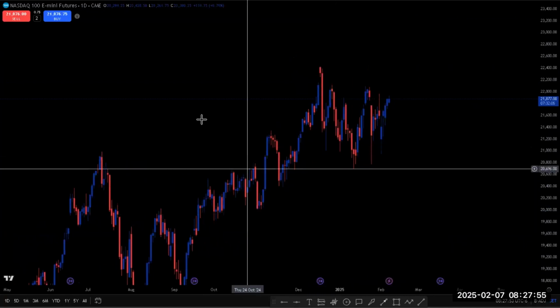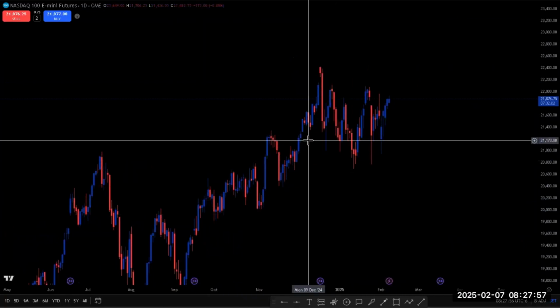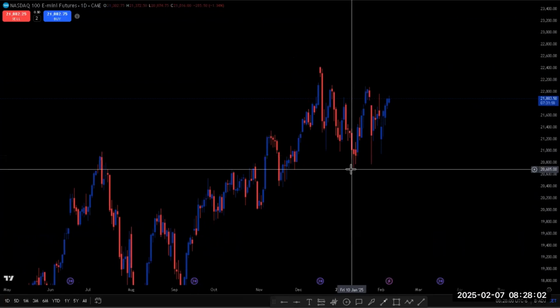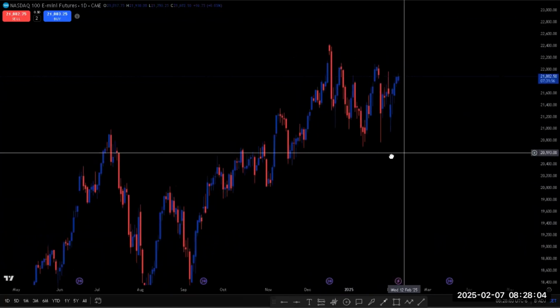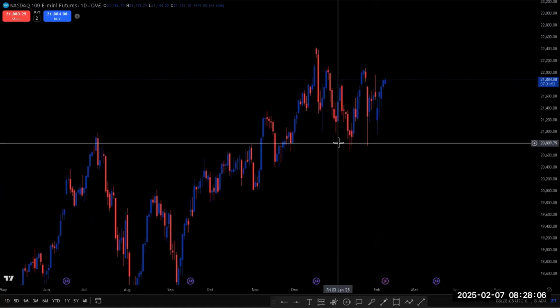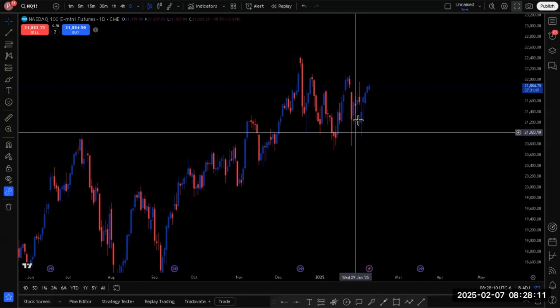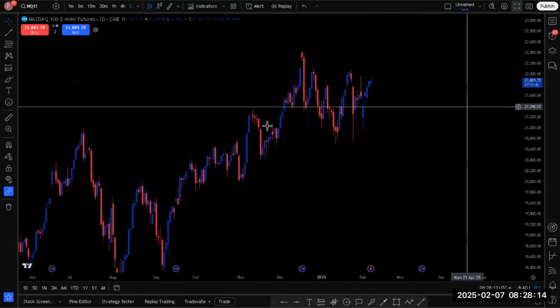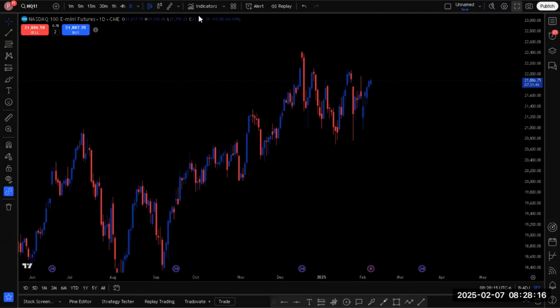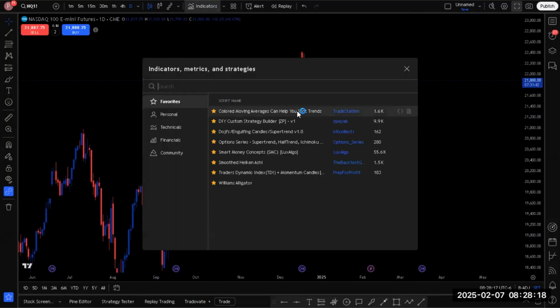Right now, I'm looking at NASDAQ. It is 8:27, right before market open. I'm going to go through here and show you guys how to set up my chart. Right now I am on the daily time frame. Starting out on the daily time frame, first thing I normally do is go to my